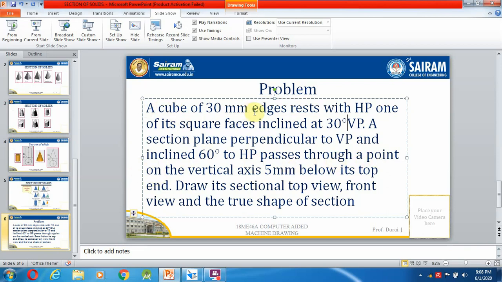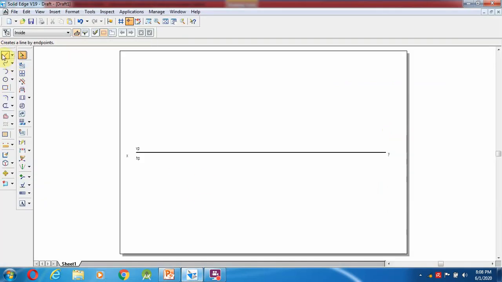So here one more thing: a cube of 30 mm edges rests with HP, one of its square faces inclined at 30 degrees to VP. So first we are going to take a cube of 30 mm edges resting on HP, with one of its square faces at 30 degrees to VP.